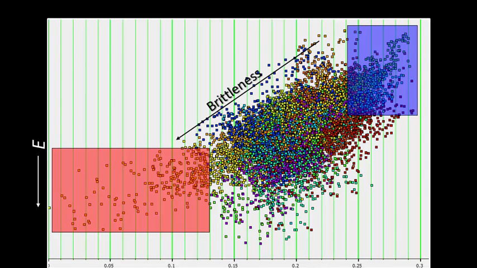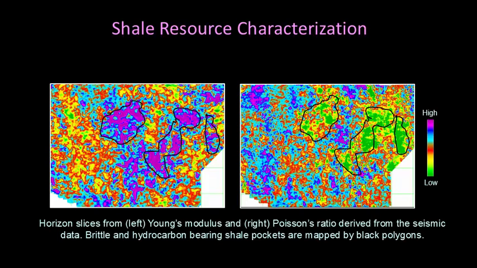And again, if I have something like this, E and sigma, that is Poisson's ratio, you can pick up this polygon here, and back project that, and again you have something very similar in the same zone. Now this is coming from the upper Montney formation that we are looking at here. And if you generate your horizon slices, they are going to show you this kind of variation. This is on the Young's modulus, this is on the Poisson's ratio: high Young's modulus, low Poisson's ratio, and that's how you pick up your sweet spots, as people like to call them.